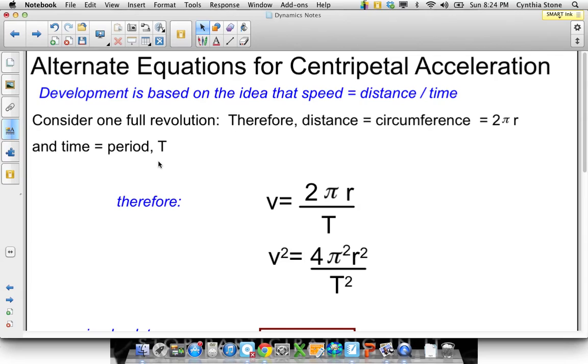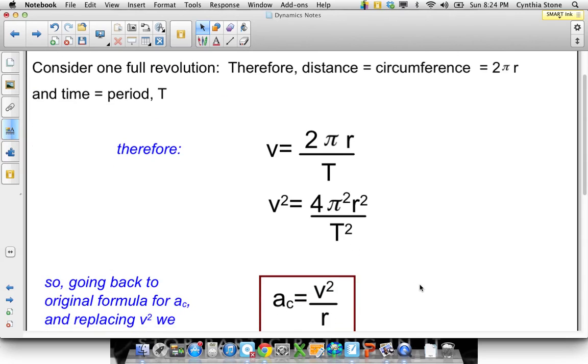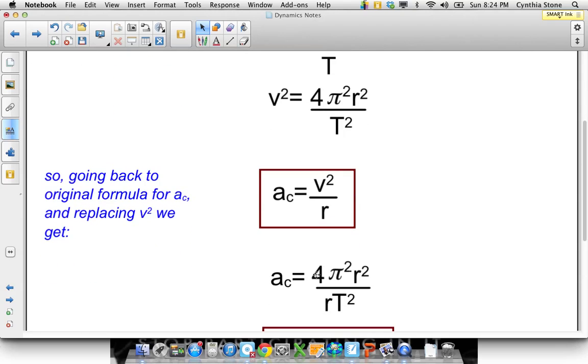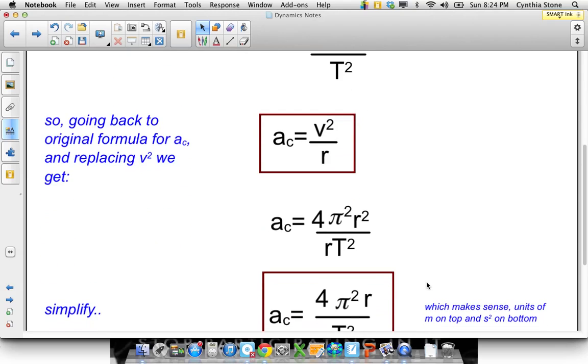the time for a full revolution is T, is period, right? So V would be distance, that's the distance, and that's time. And I want to square it, then this is what it is. Right? So then I can say, going back to this formula, if I write this bit here instead of V squared, I have another formula that has nothing to do with